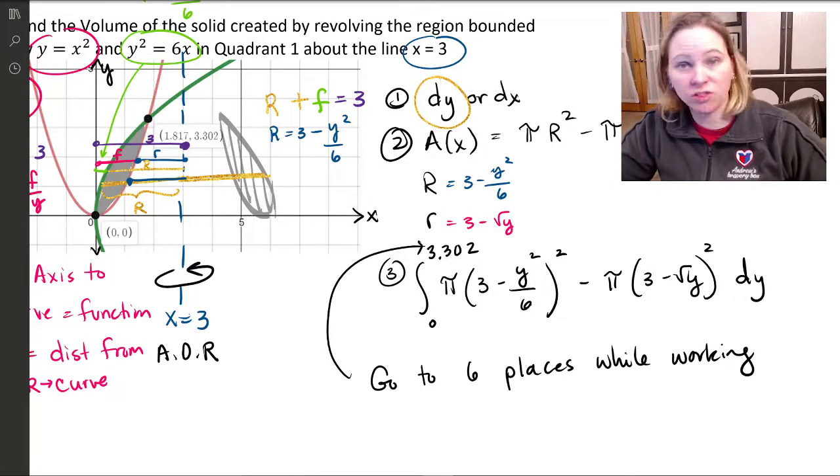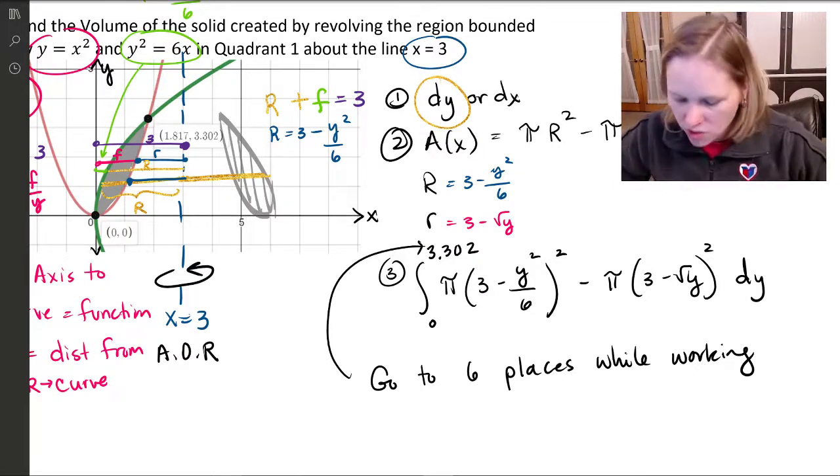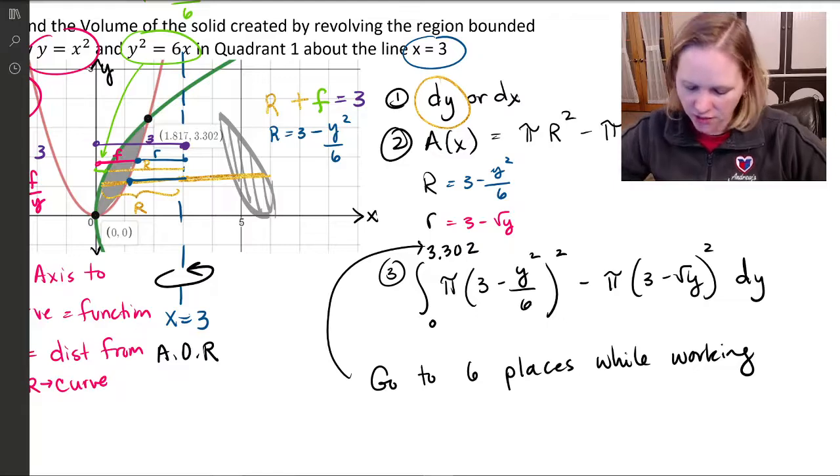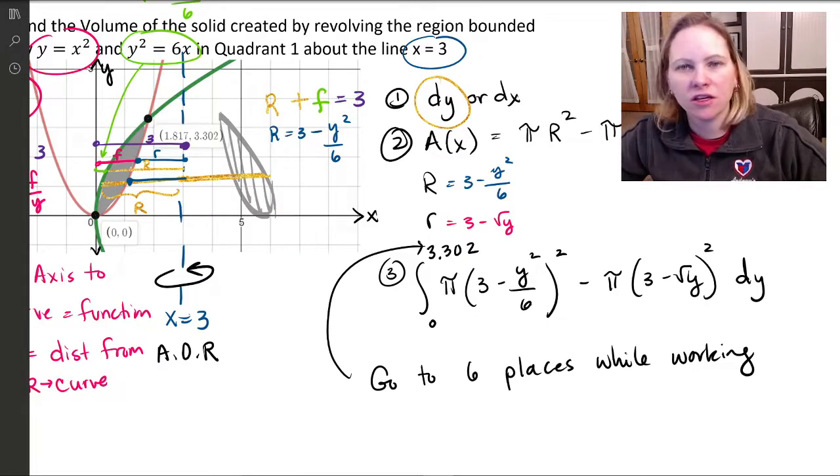So don't do as I do, do as I say. But this is what you would plug into your calculator and evaluate to get your answer. I'm going to leave the setup here and not worry about plugging it into the calculator for the sake of time. But just a reminder, as you do plug things into the calculator, you would want to make sure that